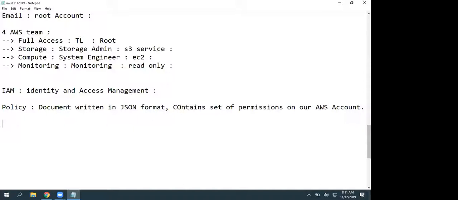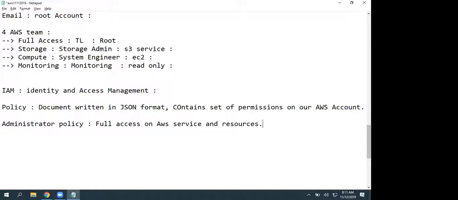Now let's take a couple of policies. We have the administrator policy. It gives full access on AWS services and resources, but not related to account management. He cannot change the credit card or debit card.